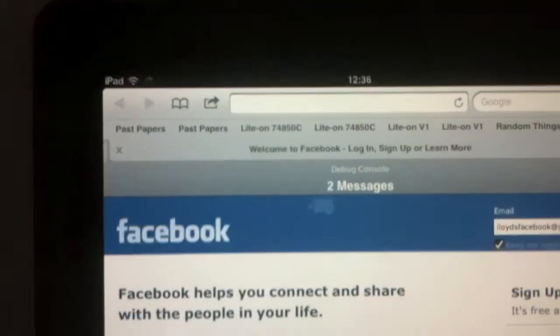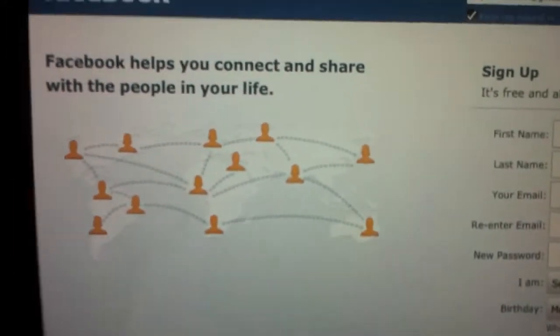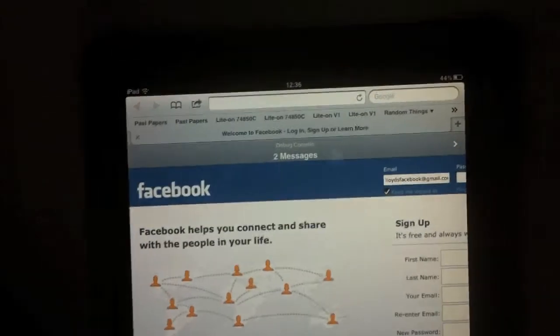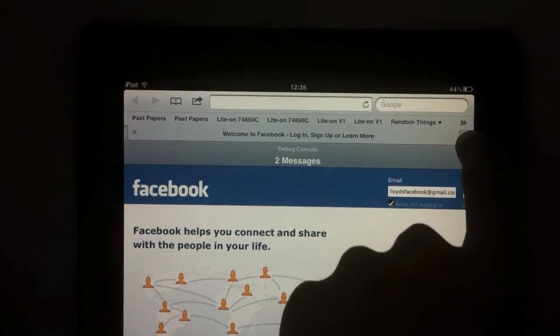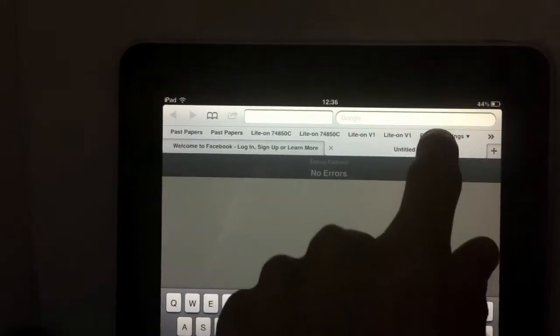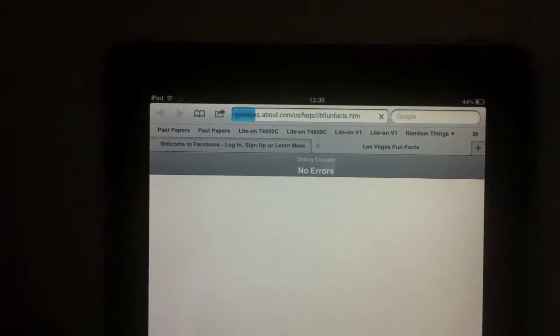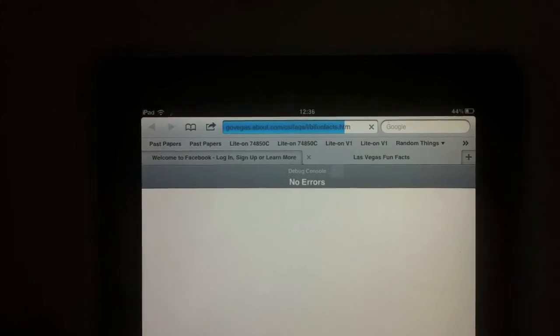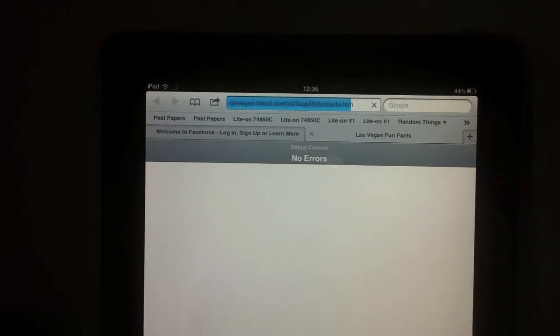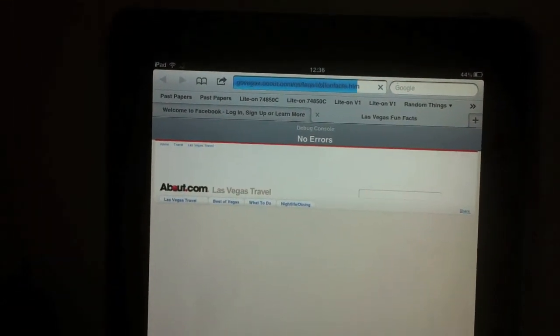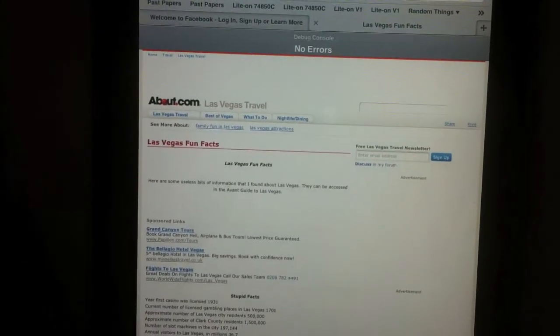Okay, so I'll open up Facebook. And as you can see there, it's just a normal Facebook page. And if we open up a new tab, open up just a random other site. And there you go. It's much like the Safari browser,